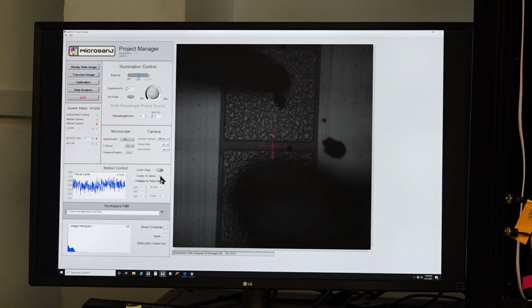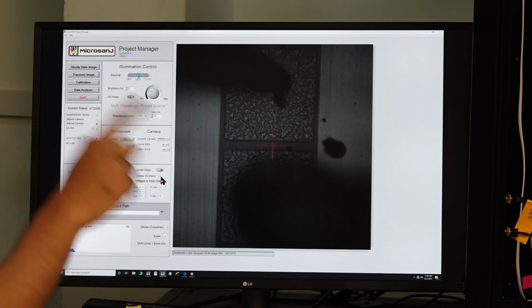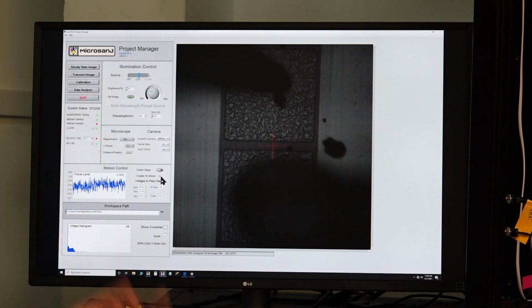Then we have to enable the 3D motion option, because this 3D motion option would complete the loop, and while the measurement goes on, it would do a live correction of the X, Y, Z parameters to ensure that vibration errors do not creep in.